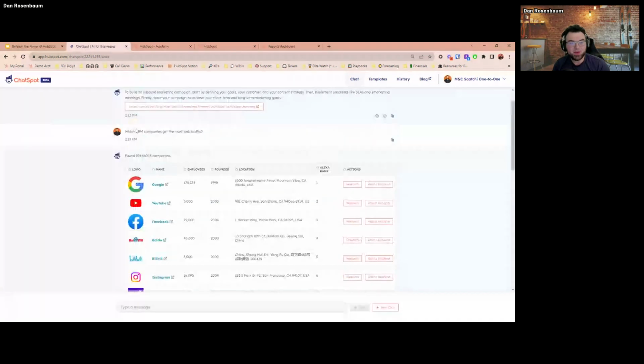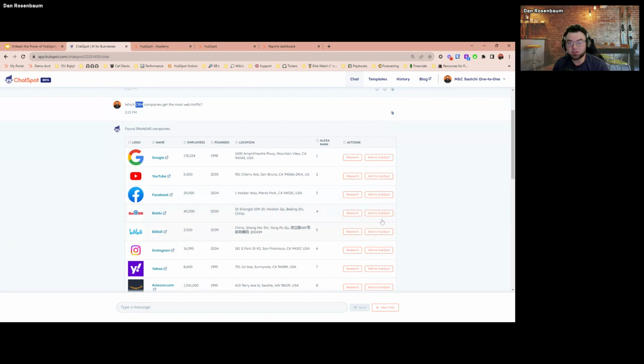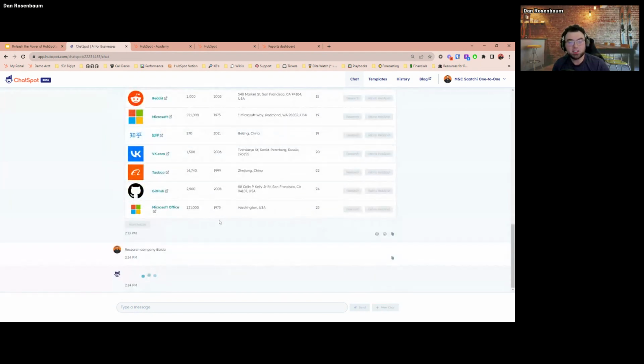I might want to type out, customer relationship management companies. HubSpot's also not much of a CRM company these days. We're a little bit more than that. But either way, all of these things are free and available. If you want to research any of these guys, there's fun little buttons on the side here. So I can just dig into specific companies.